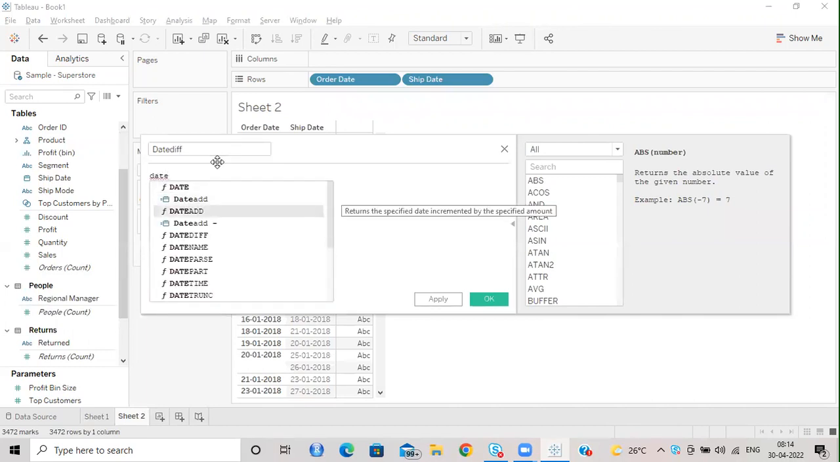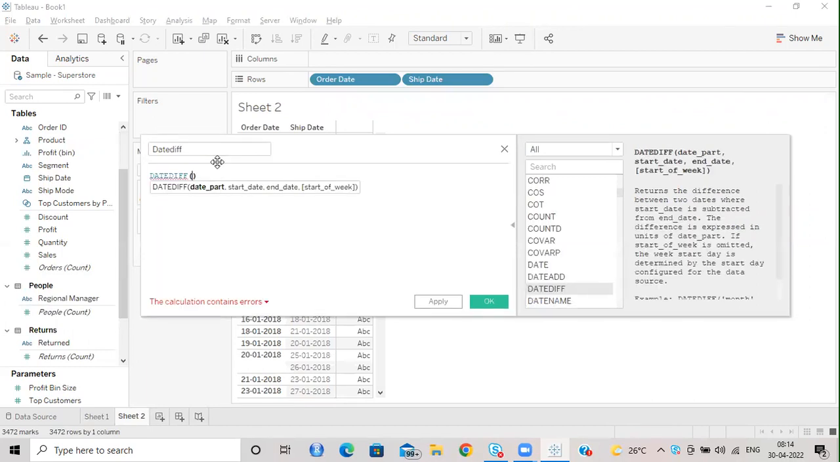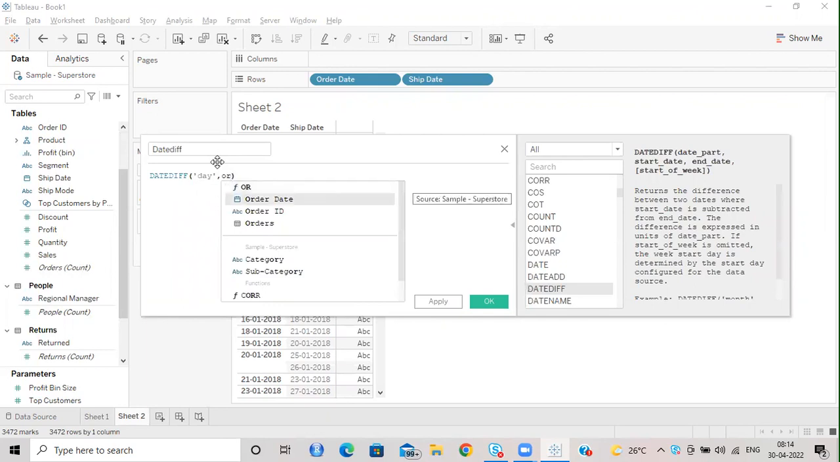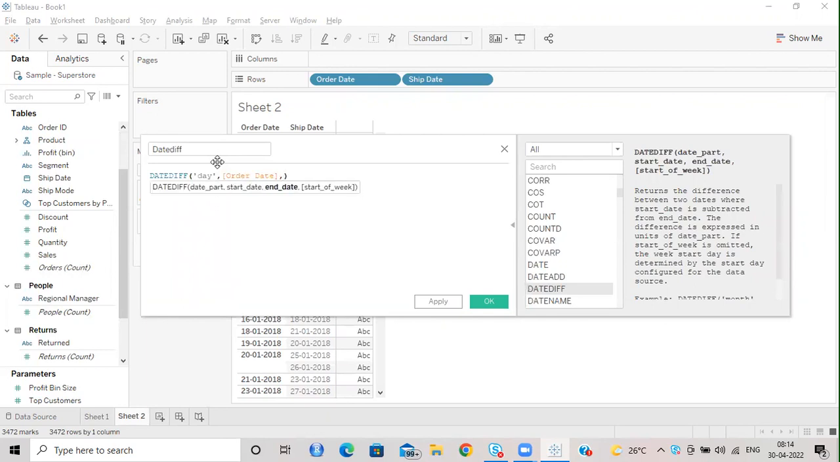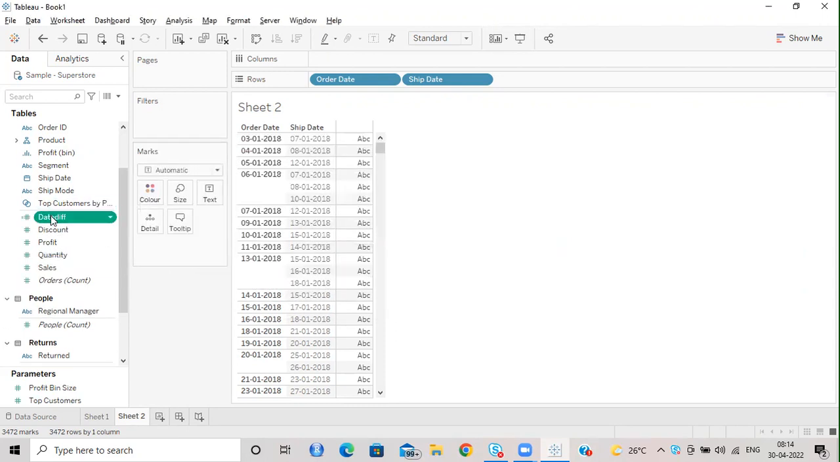It is also written date diff. Again, the same way, date part. Let's say I want in days, so I'll put day, and my start date is my order date, my end date is my ship date. Now if I drag and drop, it will give me